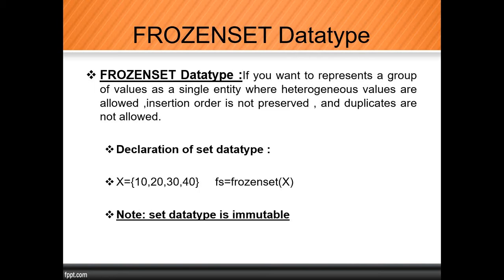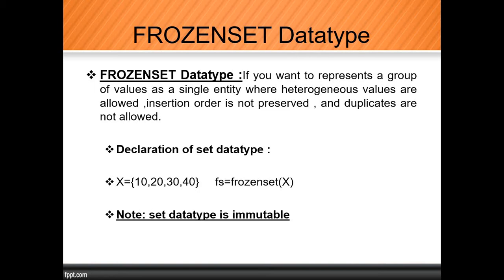The major point of the set is that we cannot modify an element by using indexing. When we talk about other data types like list and bytearray, we can change an element by using indexing. But the set is mutable, that means we can change the elements of the set, but we cannot do it by using indexing. Make a note of that.